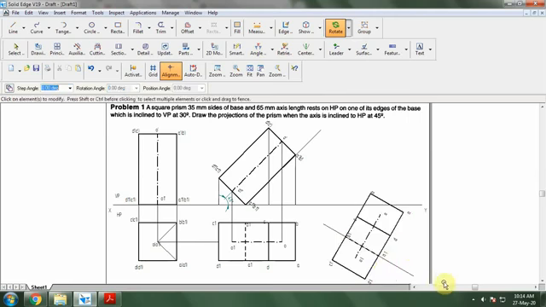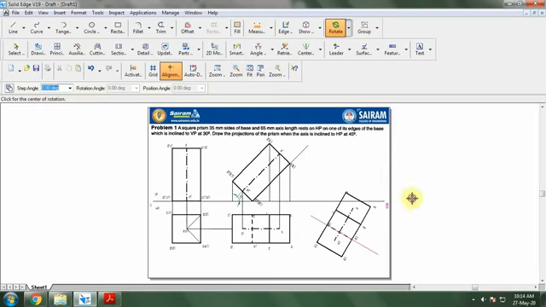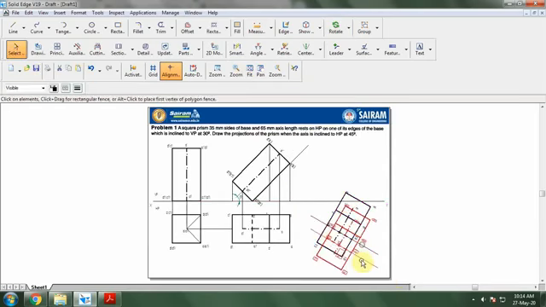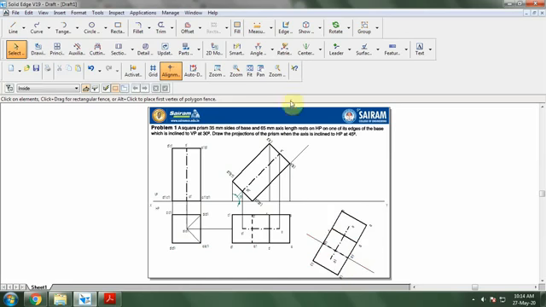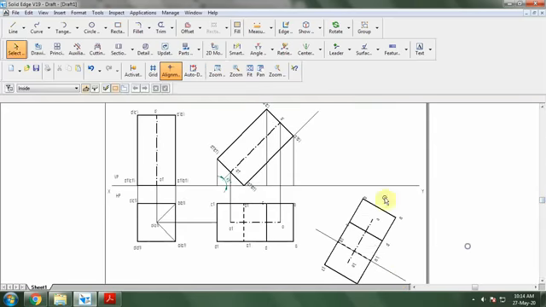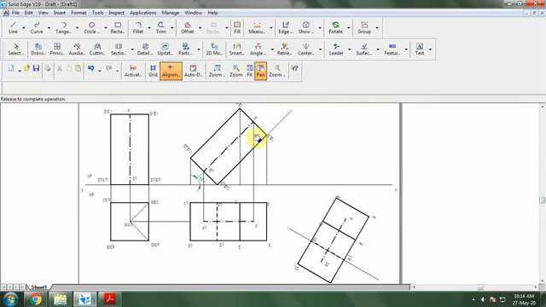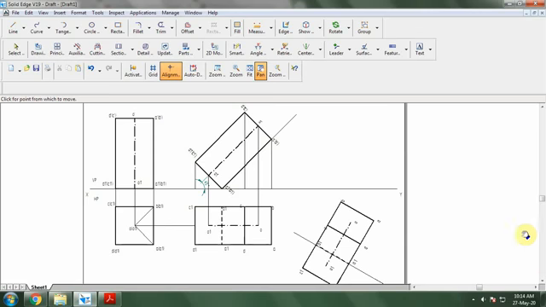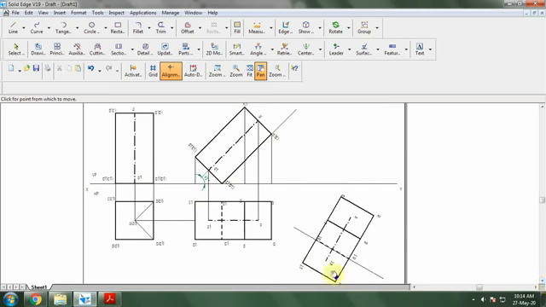So make sure that this will not be above the XY line. So if it is above the XY line, you can move that downwards. So I'm going to keep everything below the XY line. So once you've done this, the next step will be projecting upward. So you're going to project from here. So you can see that the bottom, that is A1, B1, C1, D1, will be near to the observer. That will be visible. So that I want to take first. So before that, I want to project from here.